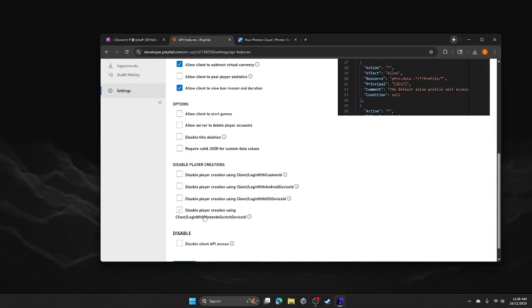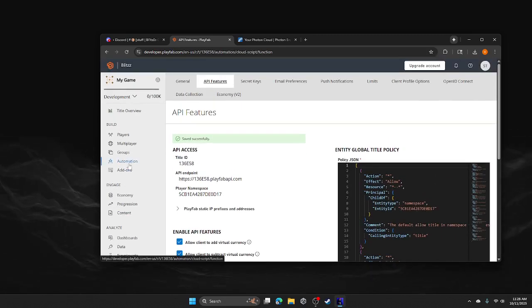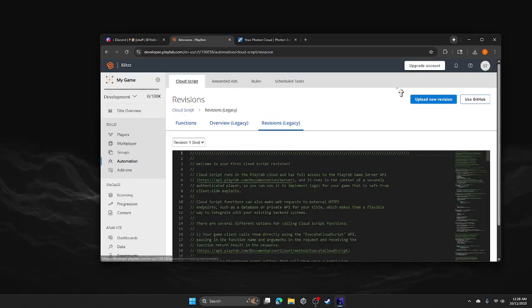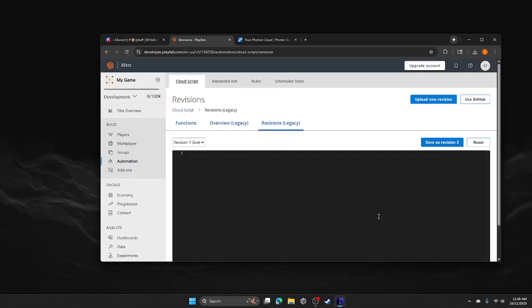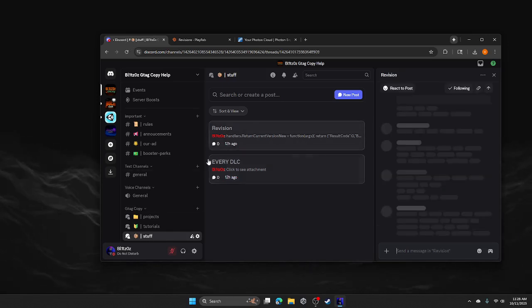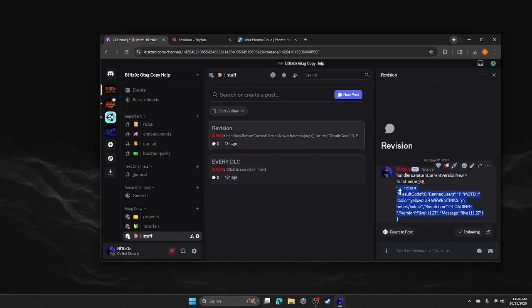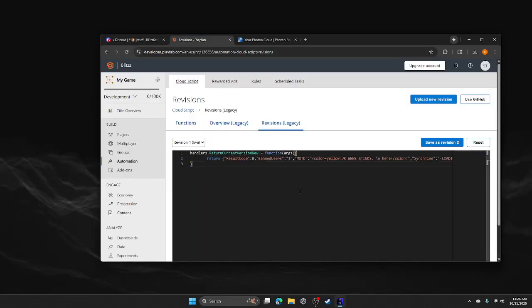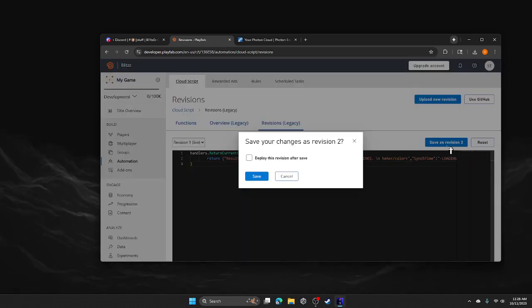Click save. You're going to click automation, revisions legacy, and then you're going to do Ctrl+A and delete that. And then over on my Discord server, again, there will be a revision inside stuff. You want to click on revision, copy all of this, and paste it right here. Then you can just click save as a revision 2, deploy this revision after save, track that on, and